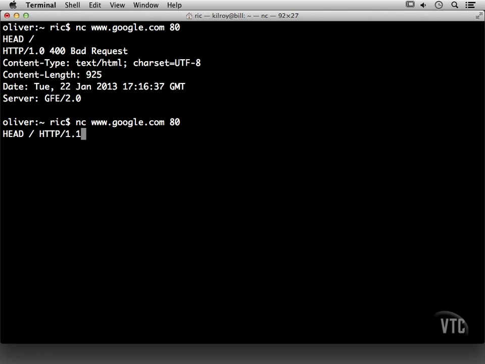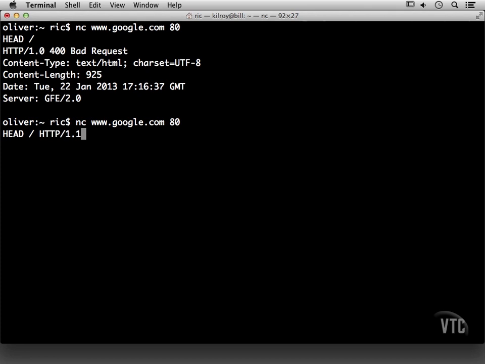So in this case, I'm going to specify version 1.1 of the protocol. I'm going to say HEAD, so give me the headers, /, which just means give me your index page,